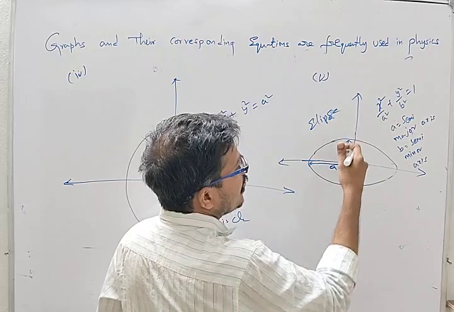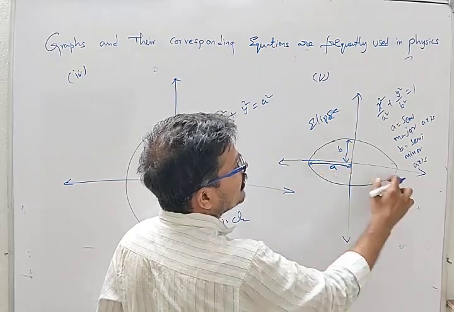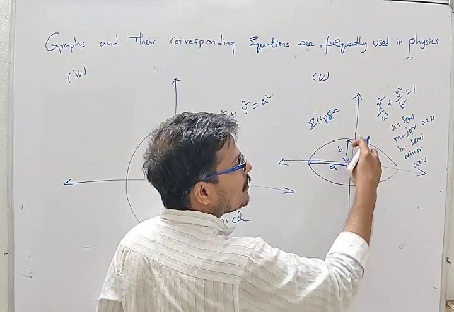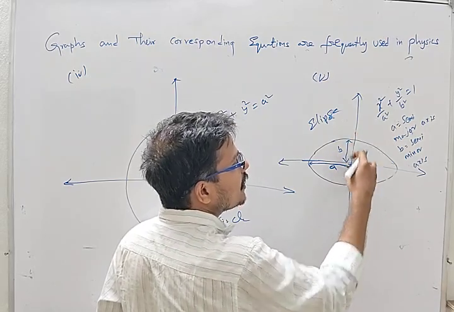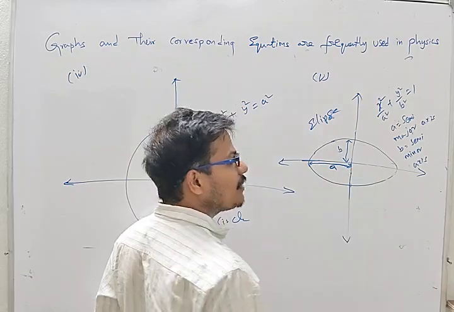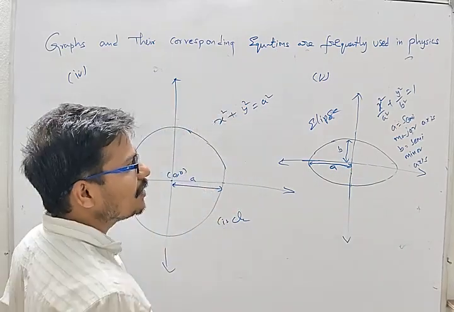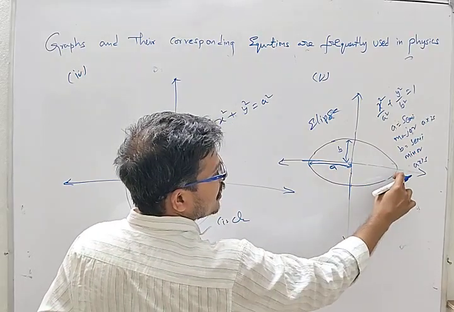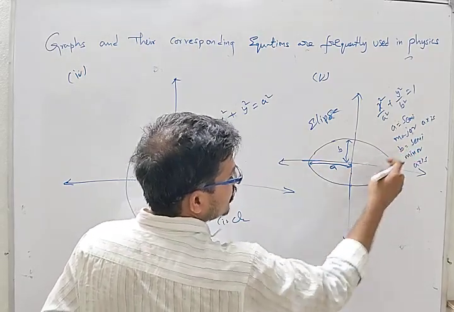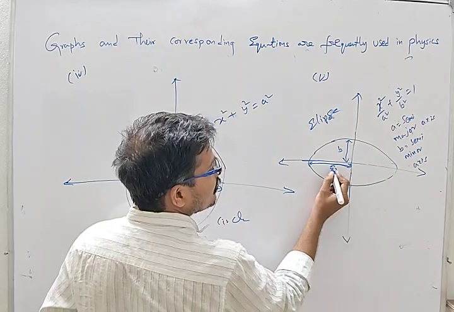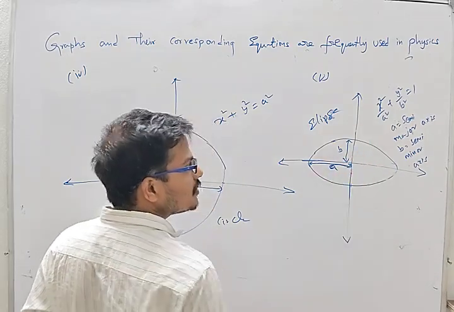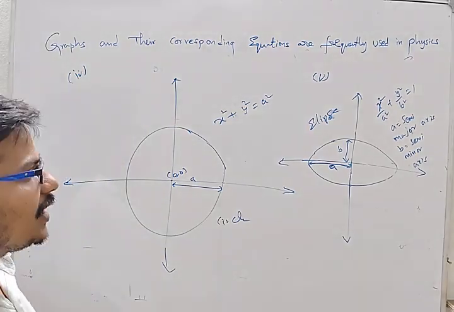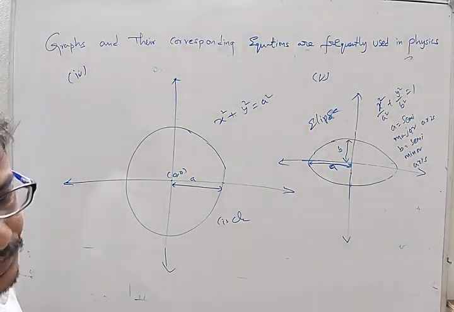This is very small compared with this. This is a small one. Semi-minor axis means half of the minor axis. Simple. Bigger one, smaller one. Bigger means major. Semi means half. Half of the major is nothing but semi-major. Half of the minor is the semi-minor axis. These are the ellipse and circle equations. Note it.